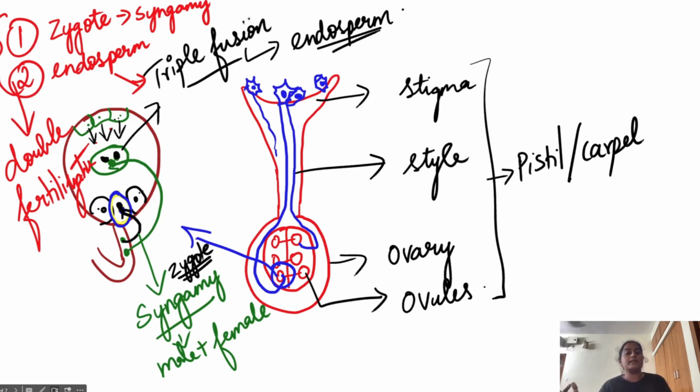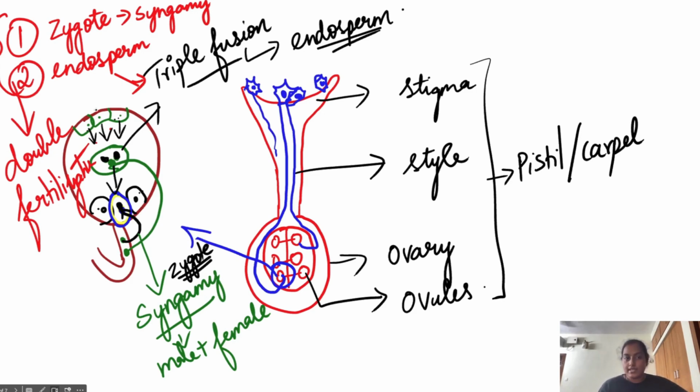Just like how a placenta supplies nutrition to the baby in a human being, likewise, endosperm is going to nourish the zygote, so that the zygote can become an embryo. That is going to ultimately become the seed, right? Seed is the very basic thing for a plant or a tree. Correct. That's why we are learning this: how a seed is formed. Correct. The ovule is going to become the seed. That's the concept here.